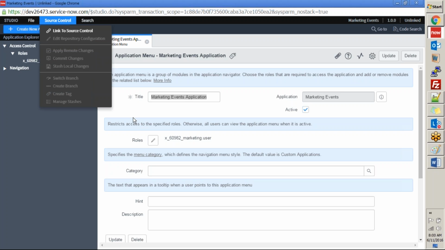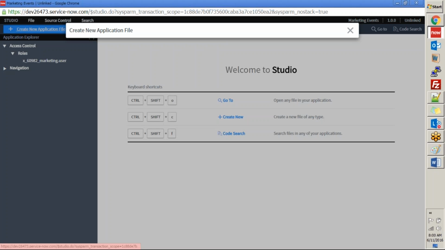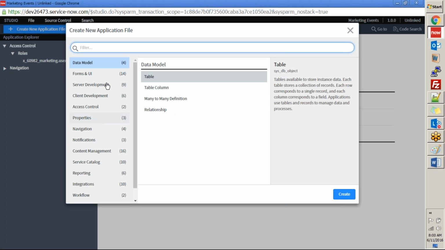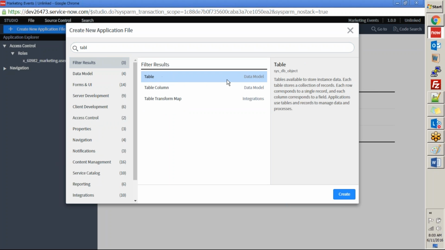Okay, right now we'll focus on creating a table for ourselves. So you can either type tables here, and when you start typing table, the filter result will show you this table option here. I'll go ahead and click this table to create. Now see, when I do this with table,